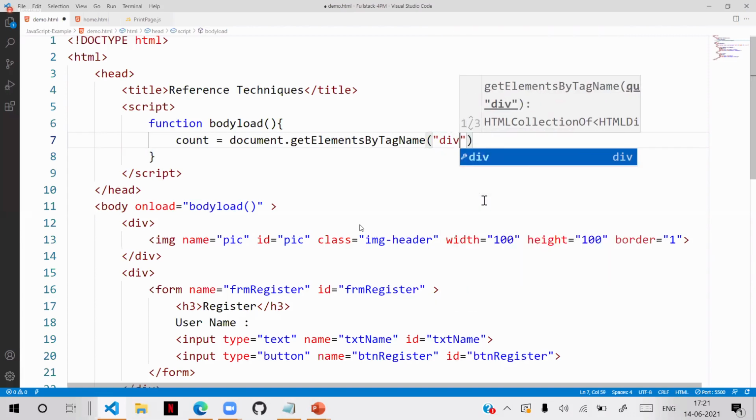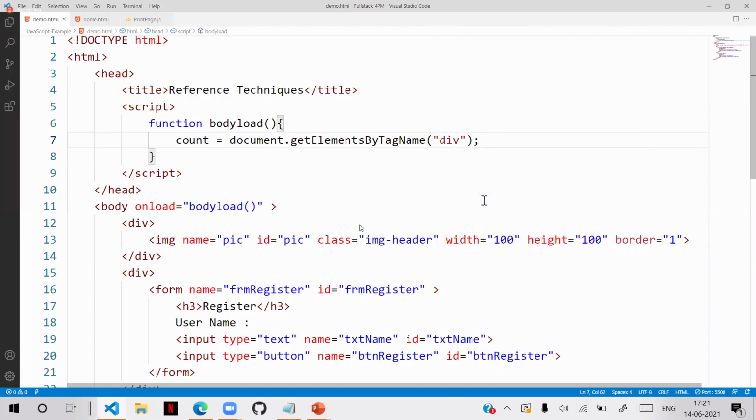Tag name is div. That means now it will return how many elements are with the tag name div. How many divs are present in your page? It will return them. Actually, this is a collection.